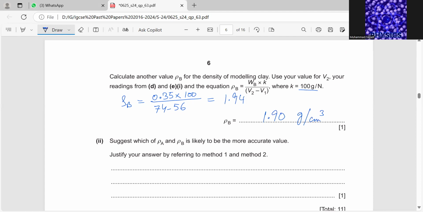Suggest which of row A and row B is likely to be more accurate value. So my dear friend, anyone you can choose. Justify your answer by reference to method 1 and method 2. So I will say method 2, as volume is measured directly. So row B in method 2 is more accurate